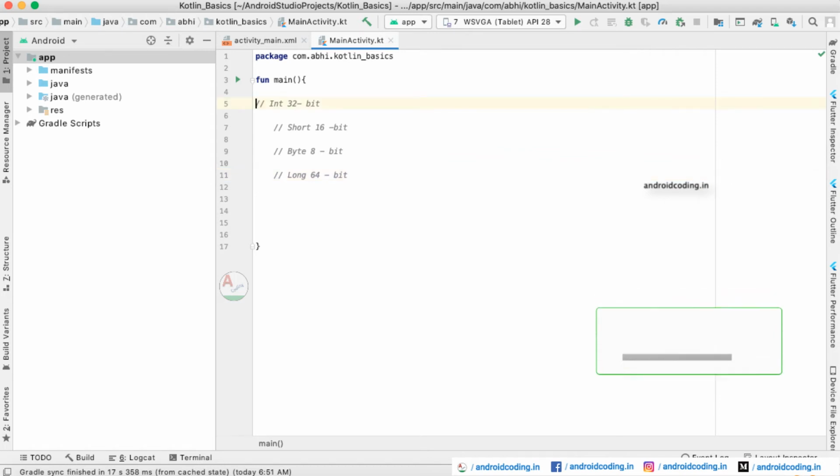So depending upon your requirement, sometimes storage is also a primary option while you are writing any program.